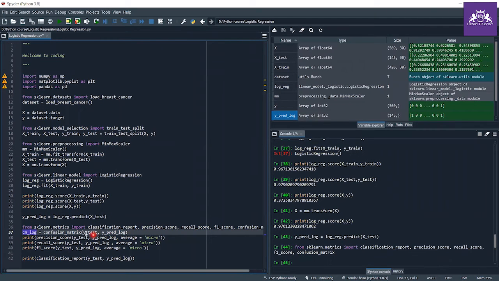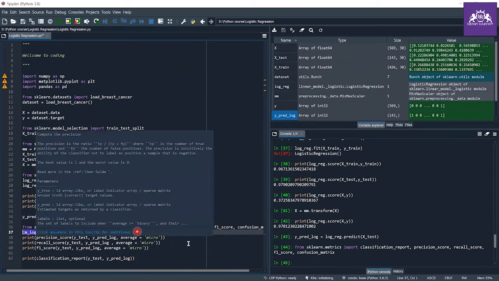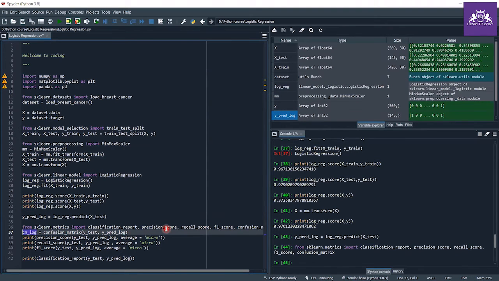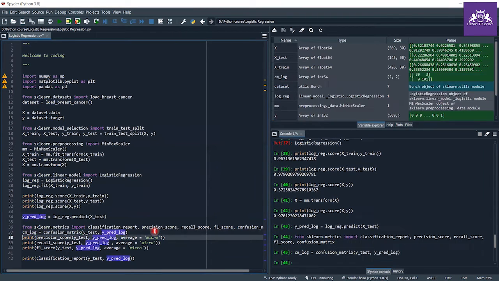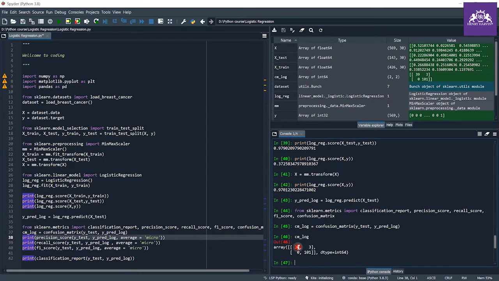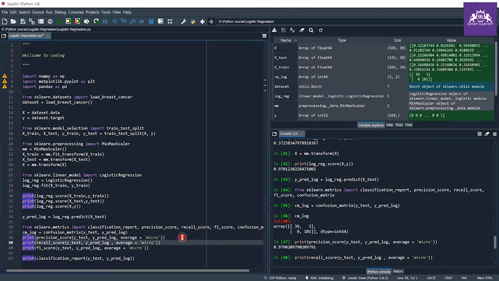To make the confusion matrix, you use the confusion matrix function, in which you provide the original test output and the predicted output, and set it to a variable. When I execute this, I get my confusion matrix in cm underscore log. So let me see my confusion matrix.